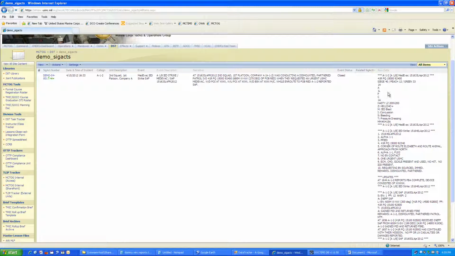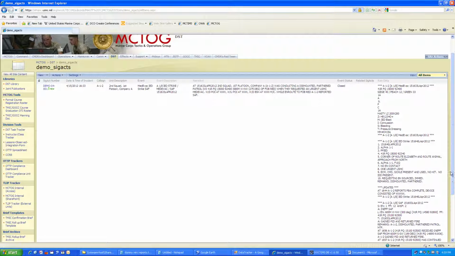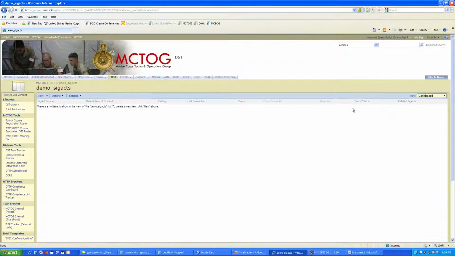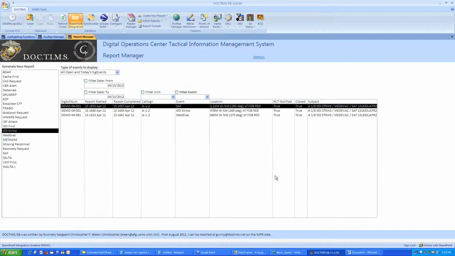And then you've got the raw data that's got the actual reports for everything that went in here. So you've got your medevac, you've got your IED strike, you've got the updates to the IED strike, you've got your SAF report, you've got everything that you submitted to regiment essentially in this raw data field. Now you're not going to want to look at all that on the SharePoint. You'll probably have a web page for the COC that's a dashboard. So you'll go here. Now we put everything as closed, which is why nothing shows up as open